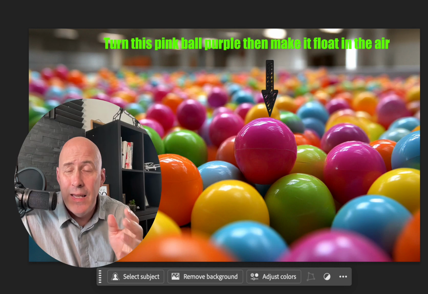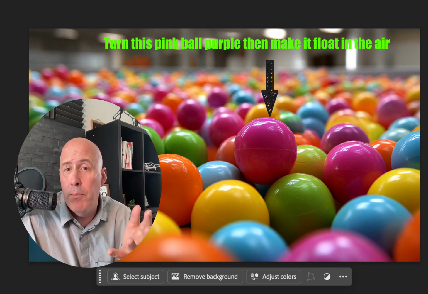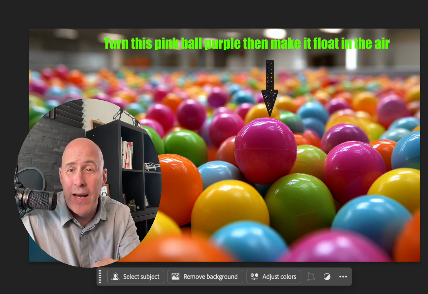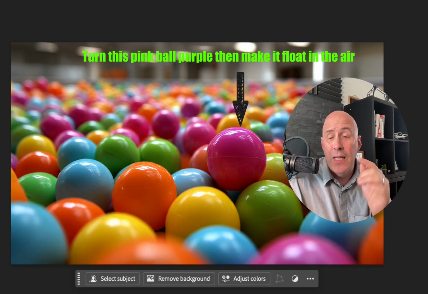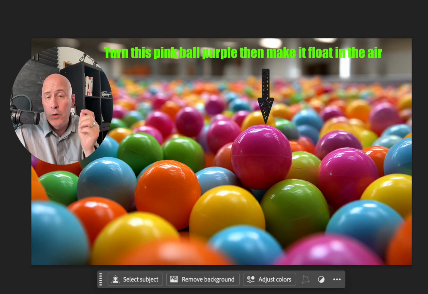Now, it might be tough to say, hey, have the pink ball turn purple in this photo right here. But if you say turn the pink ball purple, then make it float in the air again, and you point at it and you write right on the photo, that's more of a direct request. And sometimes you need to get granular like that. But is this hack good enough to do it in this photo? Let me show you some other examples first, and then we'll see if it's good enough to make this ball